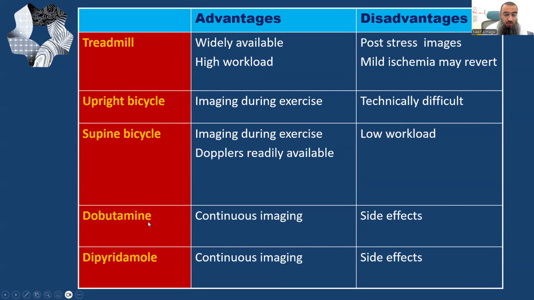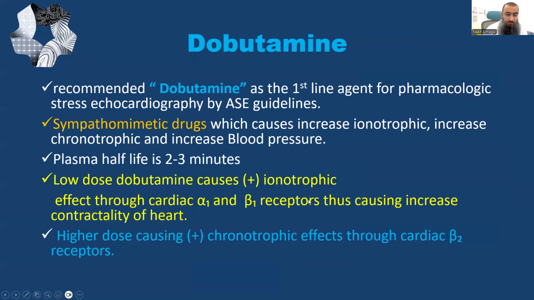Dobutamine is very effective and efficient, but the problem is the side effects, and some patients cannot tolerate it. Dobutamine is recommended as a first-line agent for pharmacological stress echo by the American Society of Echocardiography. It can increase the chronotropic response and the blood pressure. The half-life of dobutamine is 2 to 3 minutes. It's a very good drug, and low dose can cause a positive inotropic effect through both alpha and beta receptors, which is why it can sometimes cause hypotension at the beginning. Higher doses cause more chronotropic effect, specifically through beta-2 receptor